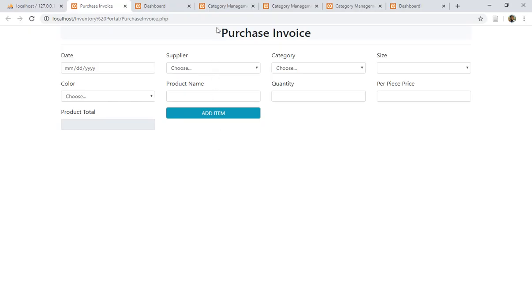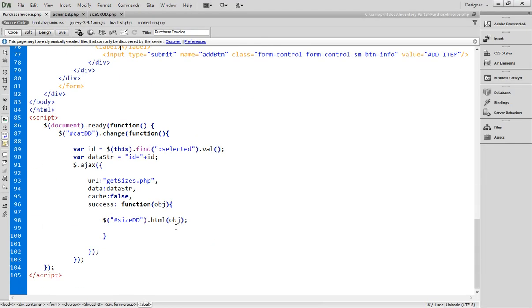Save and refresh. Now we'll make it better. When I click on Add Item, the item should be added inside a table. So let's try to do that. We need jQuery for that purpose, and here after this line